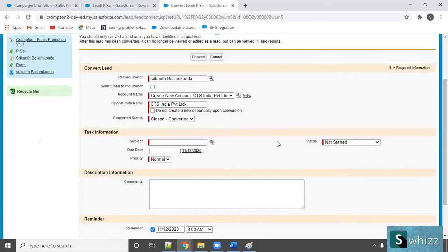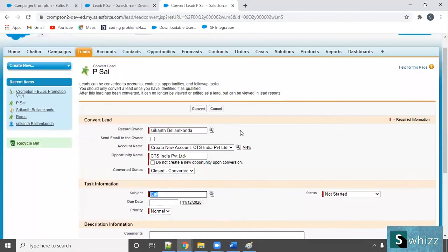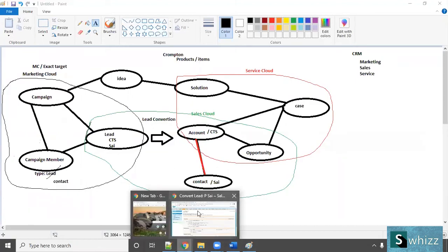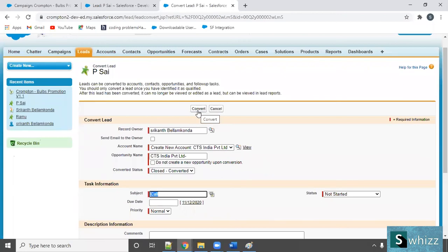And what will be the status? Only one thing, because you are successfully converting. So only one thing will be there. What is this? Lead converted. And this one, you check this one option, choose anything. Don't concentrate on this task information, but only concentrate on lead status, opportunity, account name. Ready? Convert. As I said earlier, lead details will be split into account, contact, and opportunity, and the lead will be deleted. Let's see. Ready? 1, 2, 3. Here we go.